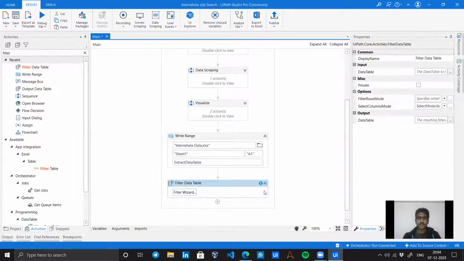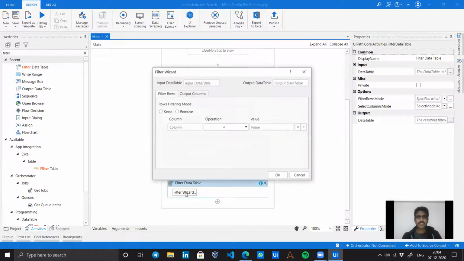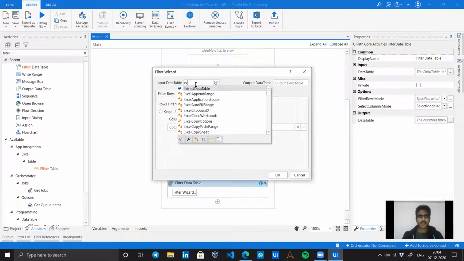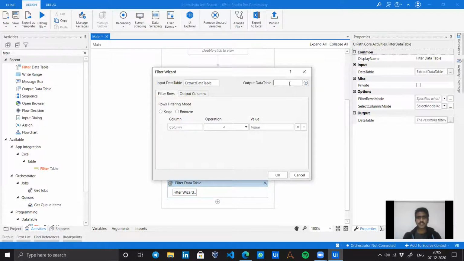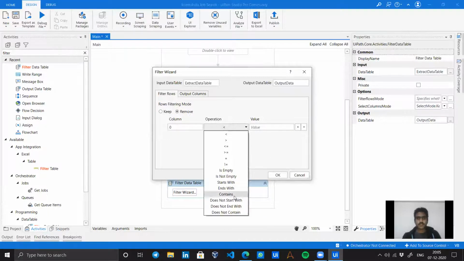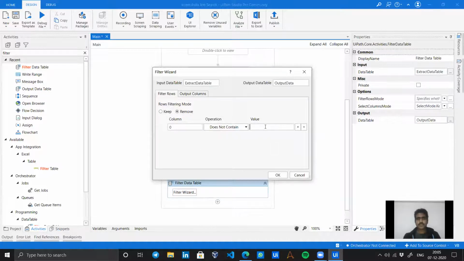Guys, I will be a little bit fast as only 1 minute is left. Now for input data table, let's give our extract data table name, and as output after filtering, output data. I want to remove all the rows from job description, where 0 defines the first column, which does not contain something like automation.